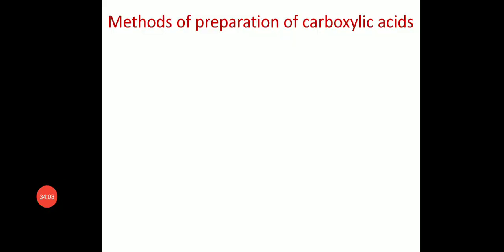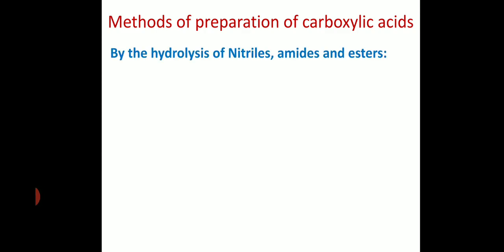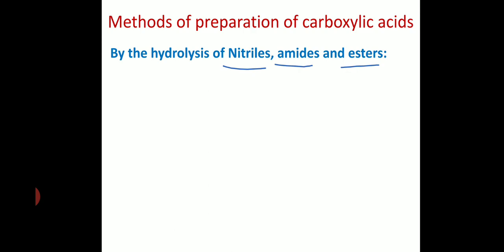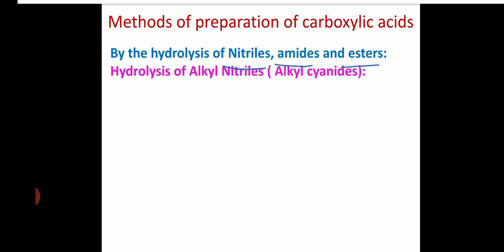Now, methods of preparation of carboxylic acids. By the hydrolysis of nitriles, amides and esters. All these categories on hydrolysis produce carboxylic acids. Just now we have seen what are amides and what are esters. So then what are nitriles? Yes, we shall see. The first one is